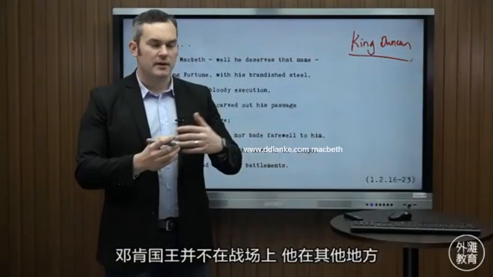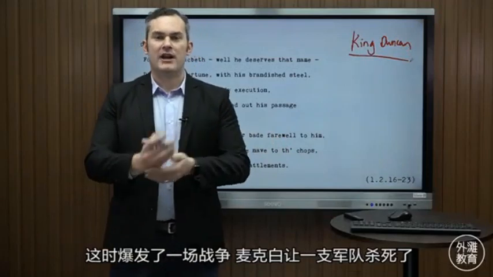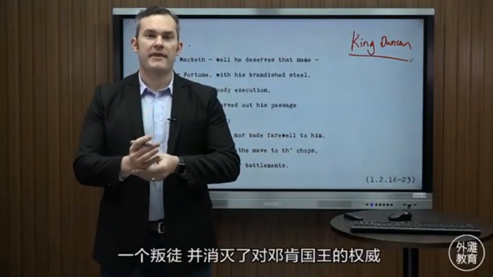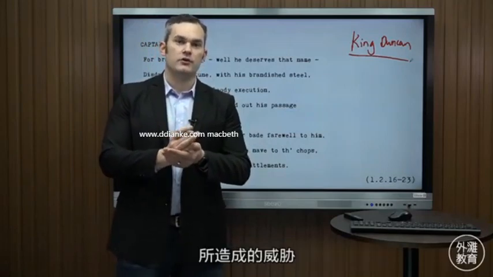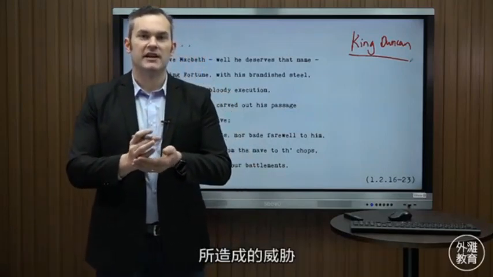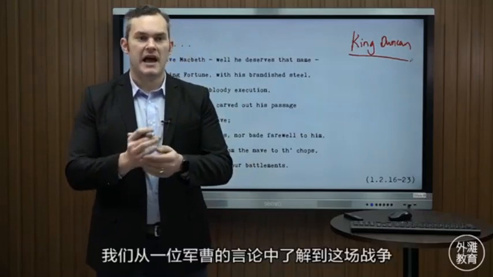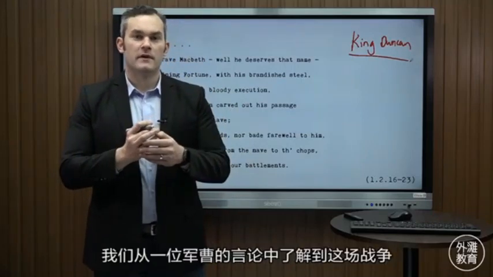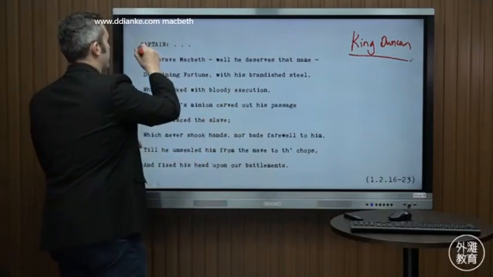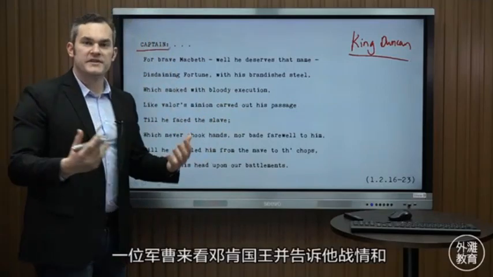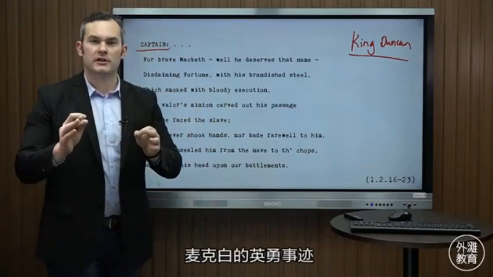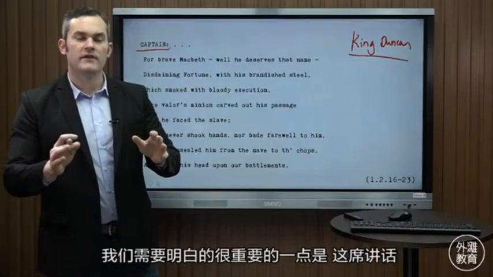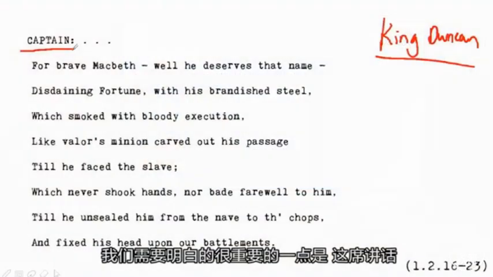He is somewhere else. And there has been a battle that's taken place where Macbeth has led an army to kill a traitor and to eliminate a threat to King Duncan's authority. And we learn about this battle from the words of a captain. A captain comes to King Duncan and tells King Duncan all about the battle and Macbeth's bravery. And one of the most important things for us to realize is that this speech